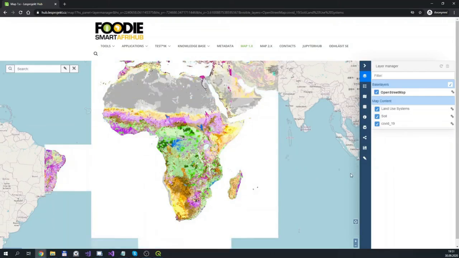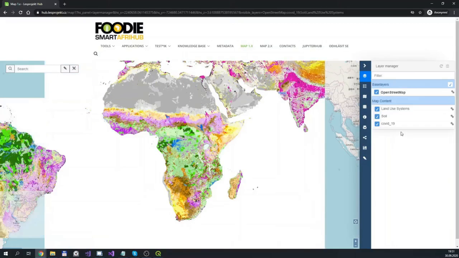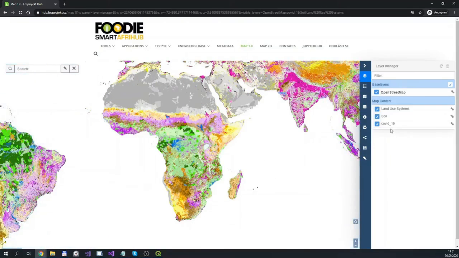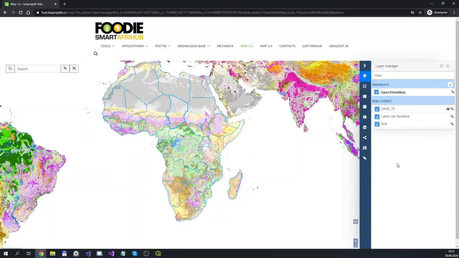And here it is. The COVID-19 layer now got hidden, so let's move it up here. Okay, so that was the data sources panel.